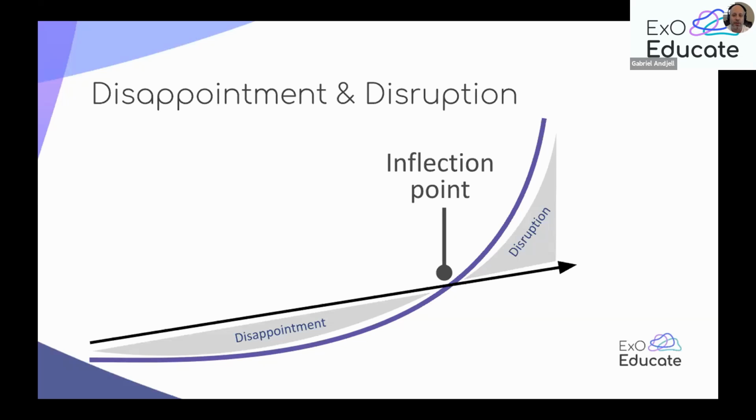But if you continue to iterate and continue working on your idea and your project, leveraging technologies and implementing the attributes we're going to see right now, you're going to get to that inflection point. The goal is to get to that inflection point where your impact starts growing exponentially. That's when the disruption happens. That's the goal: how you can get into that disruption process in an exponential way and not think linearly.